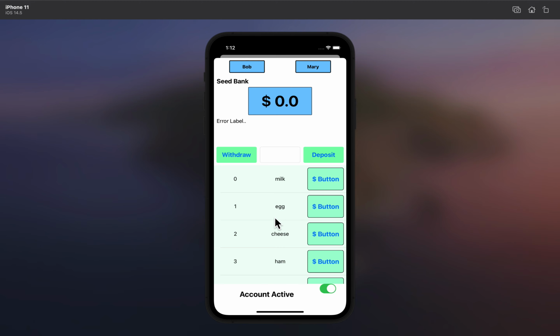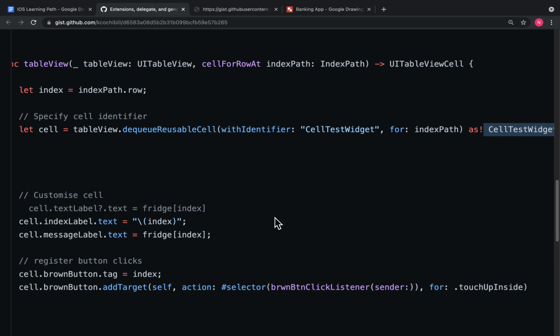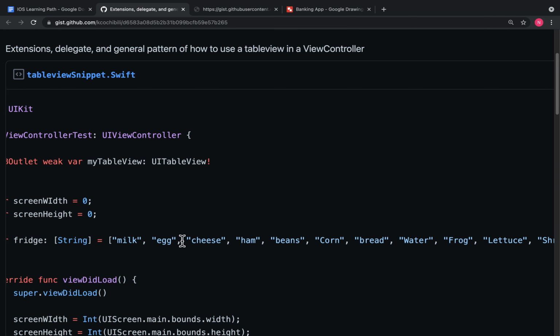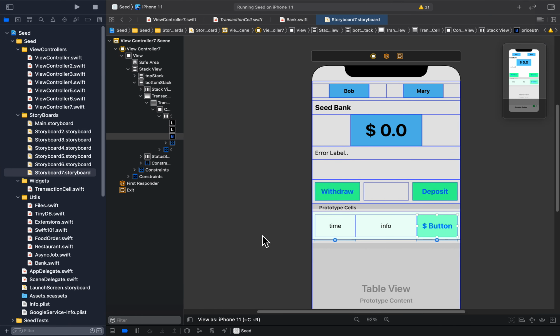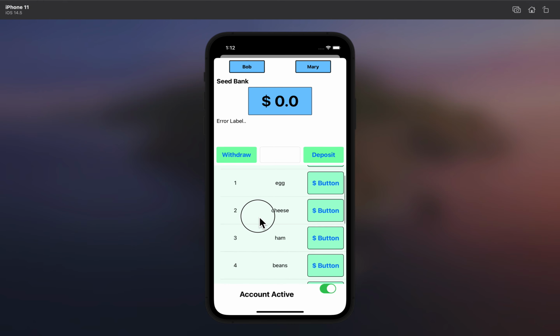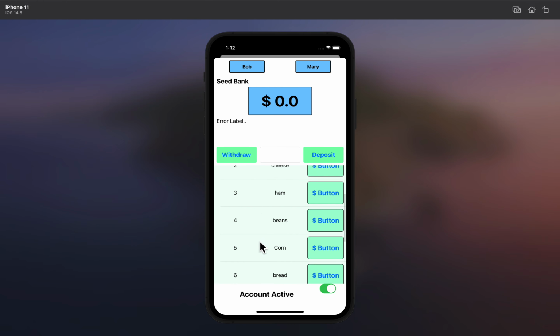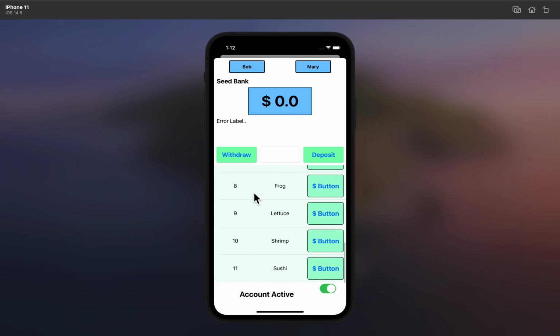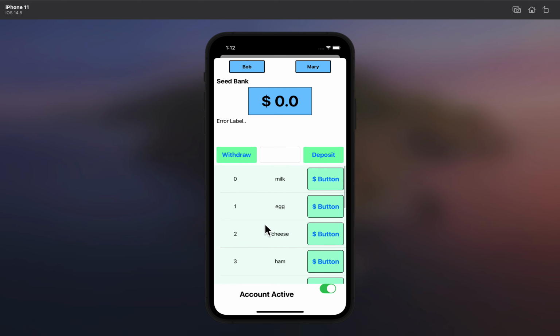Okay, it's looking good. We have our milk, our egg, our cheese in the same order that we have everything here: milk, egg, cheese, ham. All right, so that means we can scroll. Let's scroll and see. Oh, by the way, these buttons are huge. Scroll. Awesome. So since this is very huge, what I'm going to do is reduce the size